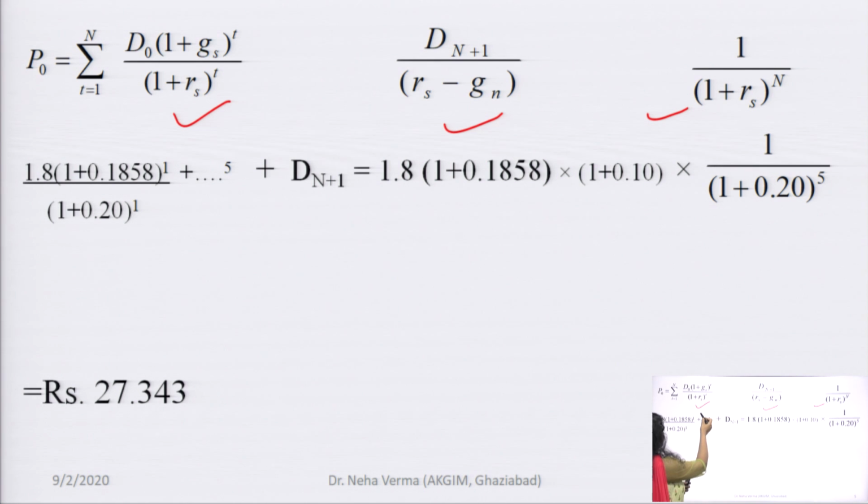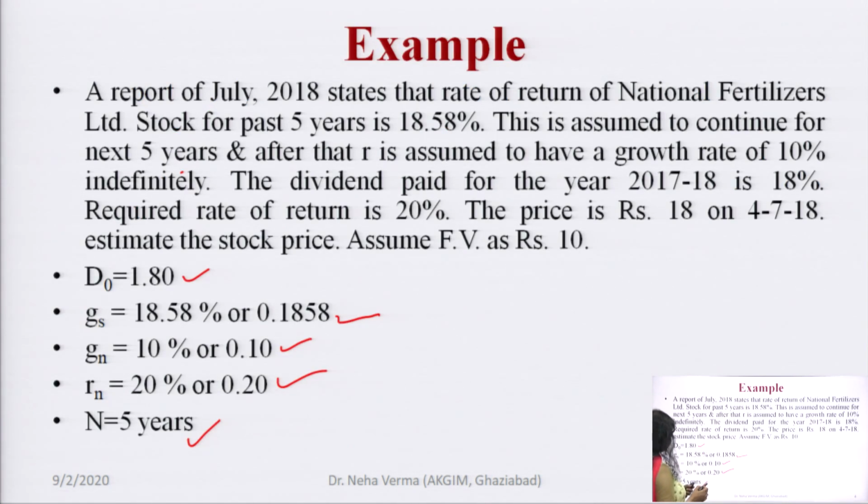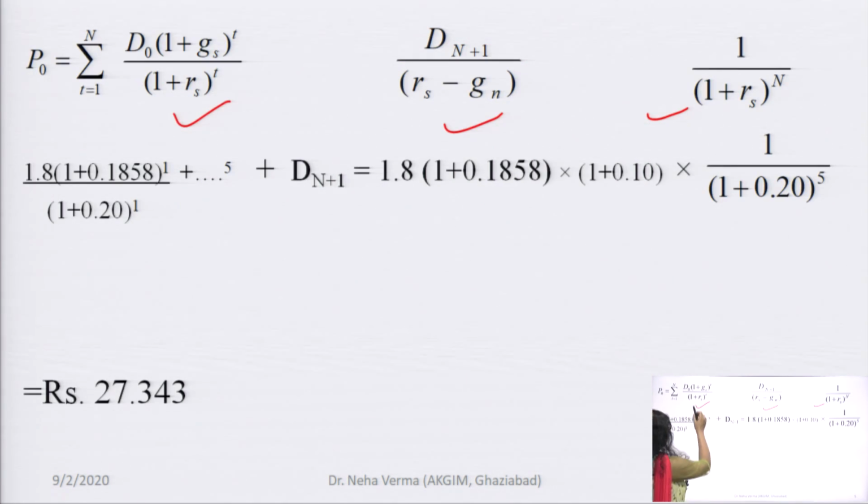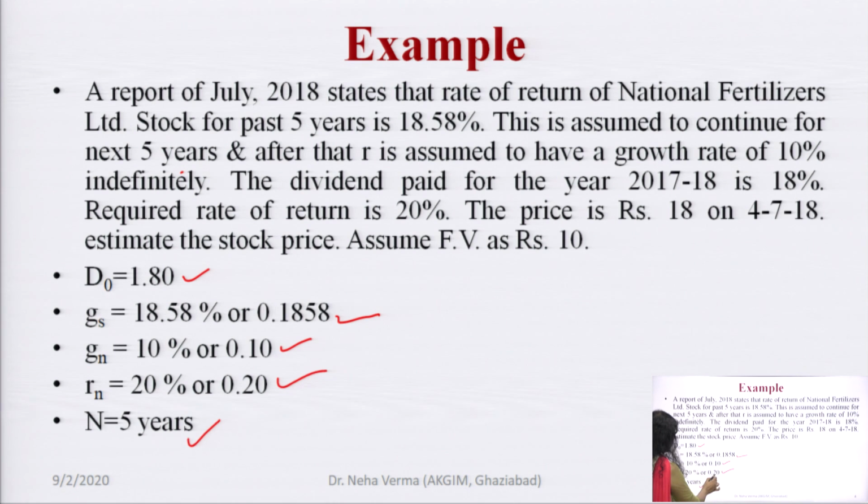The first portion of the formula says D0 times (1 plus Gs) whole to the power t, divided by (1 plus Rs) whole to the power t. So, here we will put the values that we extracted from the question. D0 given is 1.8, then 1 plus Gs, where Gs over here is 0.1858. So, it will be 1 plus 0.1858 to the power 1. Then divide by 1 plus Rs, which is 1 plus 0.2, because the value of Rs is given as 0.2,